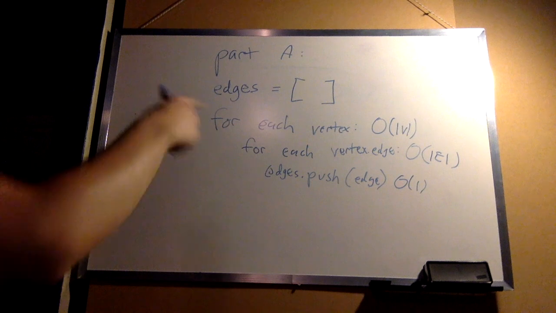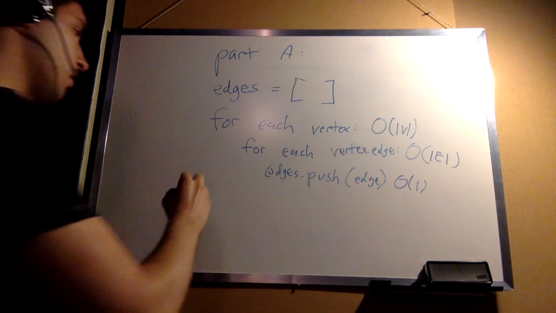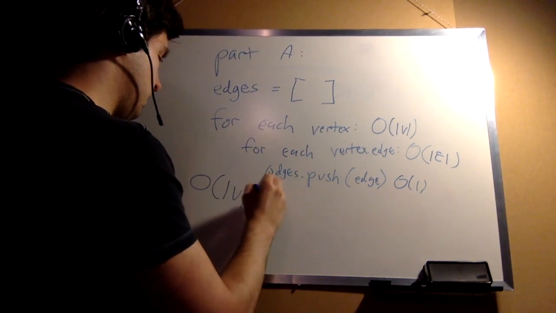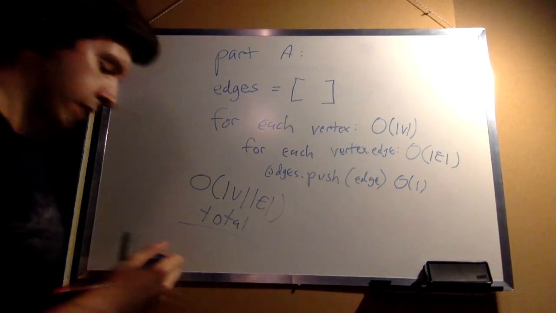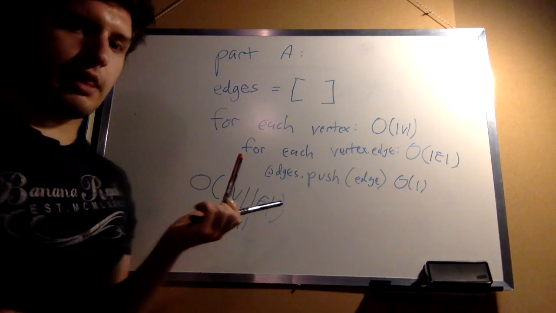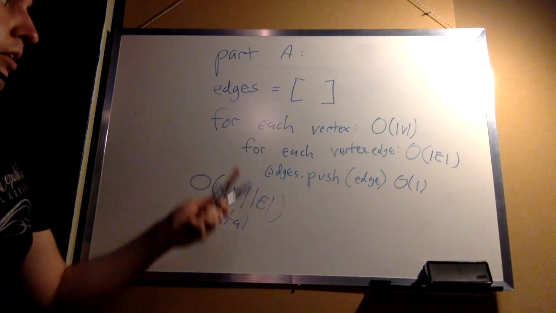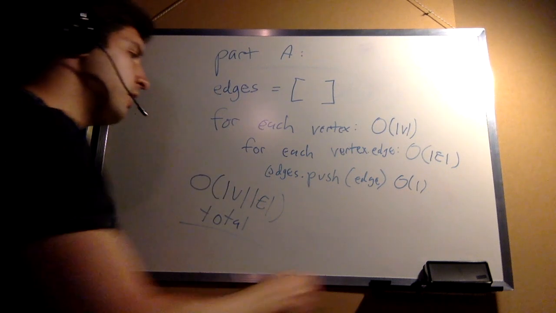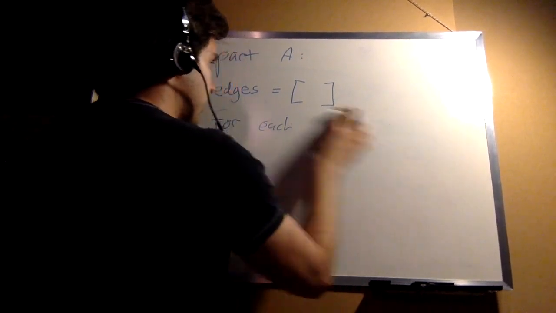Okay, so the runtime of just extracting every vertex and edge is O of V, E in total, which is great. That's what we were looking for before. So that's a hint. It's not necessarily a tell, because this could still lead you astray. But the fact that we got a runtime that is the same as what we're looking for in the question is a hint that we're probably on the right path here. Okay, so we have our algorithm for extracting the edges. Now we can go back to